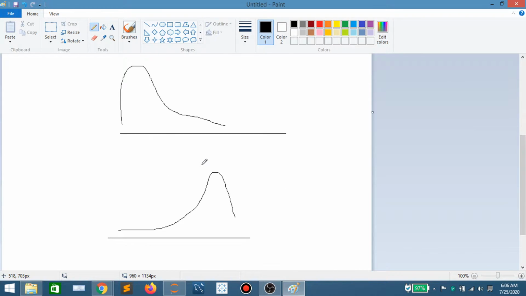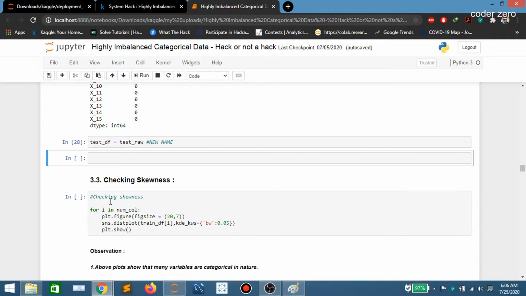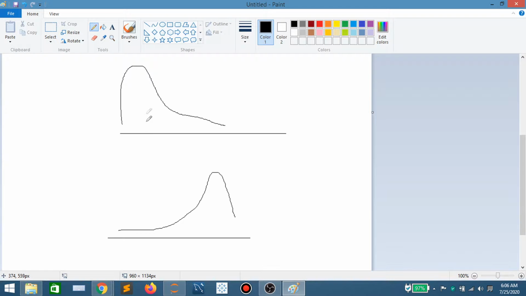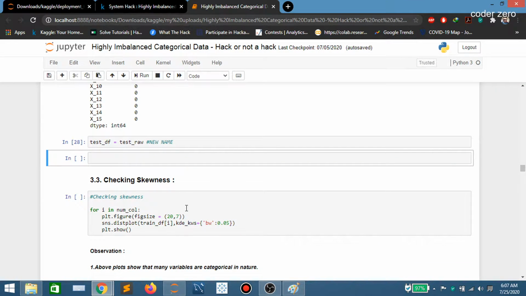So if you use this kind of data set to create a model, it won't be giving good results. So before creating a model, we check our skewness. If skewness is present, we do the skewness treatment so that we can convert this kind of distribution into a normal distribution. So here let's check the skewness.